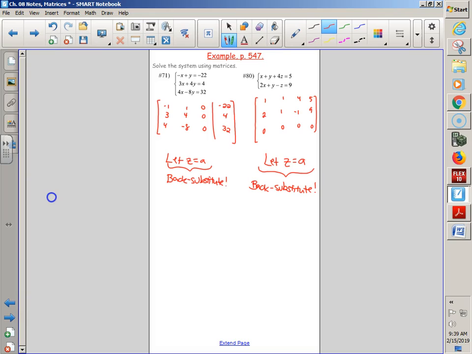I mean, you could just go ahead and back substitute the way it is, I suppose, but the problem is there's a lot of math to be done. So it might be just a little bit easier to do REF or RREF to make this all simpler and narrow it down and then be able to see what's going on. Now guys, once again, I'm just saying consider letting z equal a, but only after